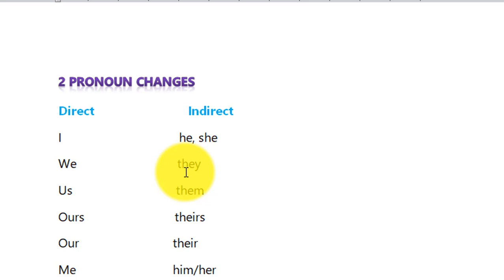Teachers, all right, we report "they were teachers". And this one, first person objective case, can be changed into third person objective case, which is plural here, and "us" can be changed into "them". If it says "ours", it becomes "theirs"; if "our", then "their". This is direct speech; if this is a pronoun, we convert it to this. I'll give you some examples for each of how direct speech can be converted